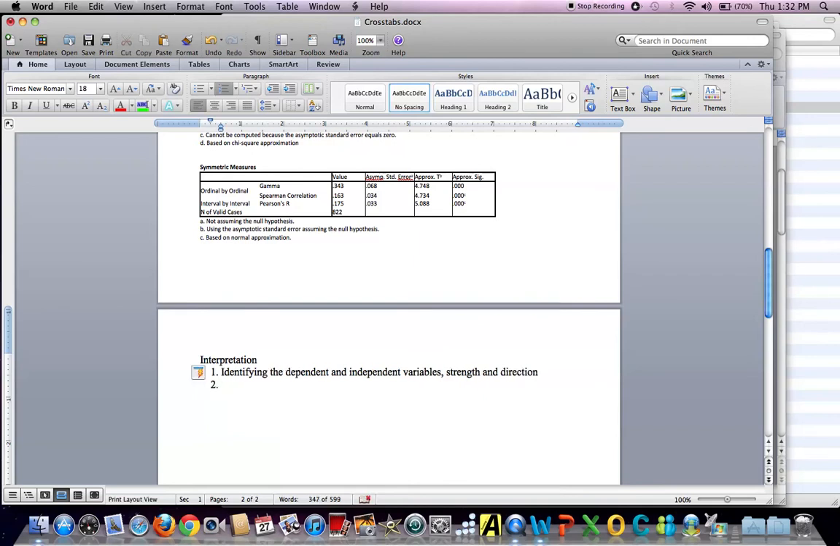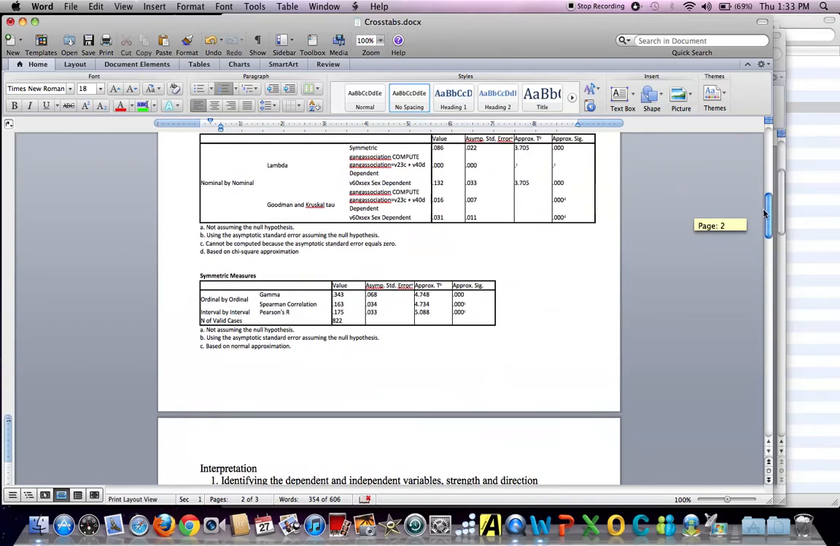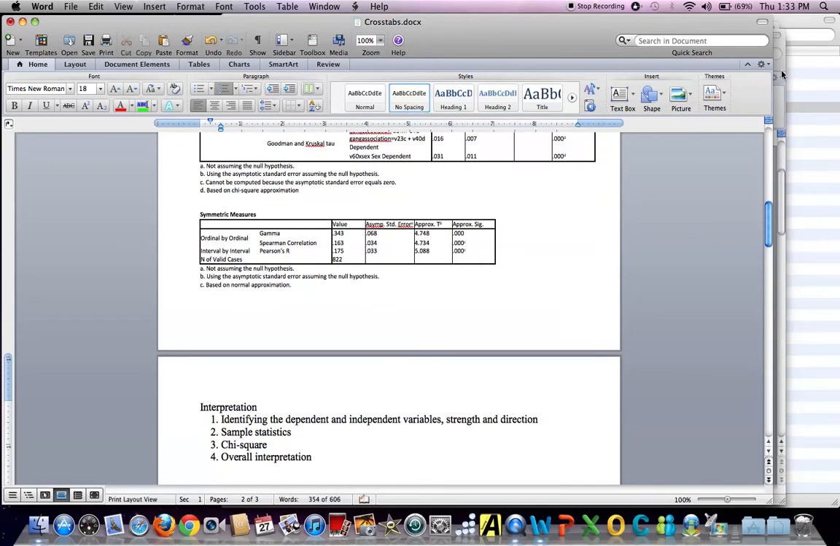Okay. Two would be whether or not, would be looking at the sample statistic. Three would then look at the chi-square statistic or the inferential statistic, and then your overall interpretation of the data. Okay. All right. One other thing that I want to give you in terms of preliminary information is looking at